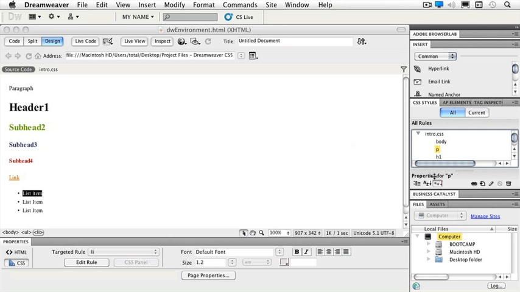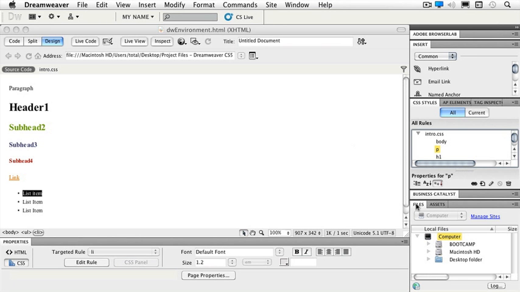The next panel that we'll work with on a regular basis is our Files panel. Our Files panel allows us to manage our sites and see what files that we have available. As long as we work within our Files panel, you're going to be able to do much more in Dreamweaver later on. For instance, you'll be able to check your links site-wide, and you'll be able to make sure that if you move files around and move pages around, that Dreamweaver will help you make sure that all your links